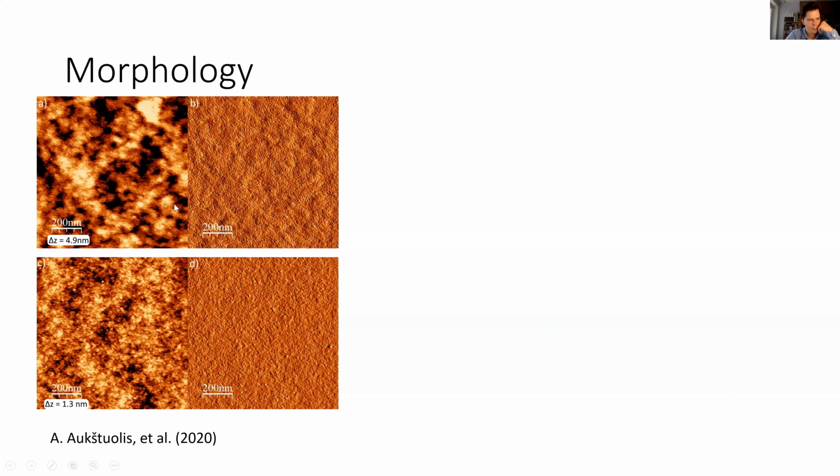So these lines correspond to these lines. Around this point, the morphology starts to change. From this parallel, we can see that the heating affected the morphology, and that's why the mobility started to decrease, because